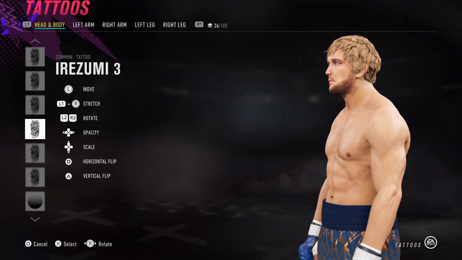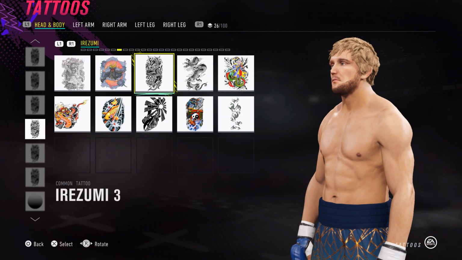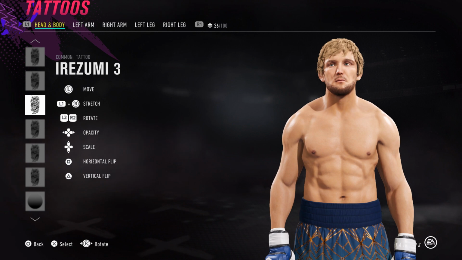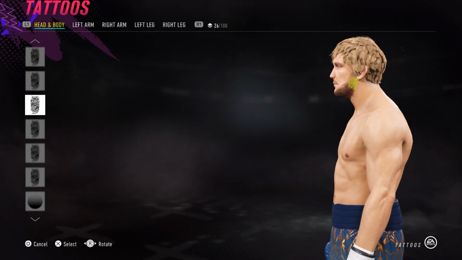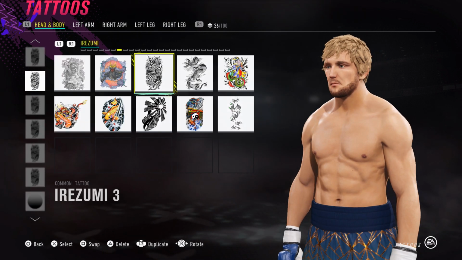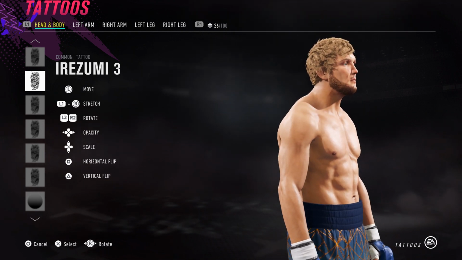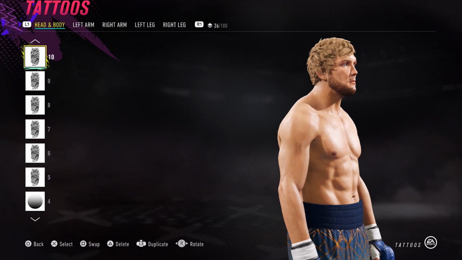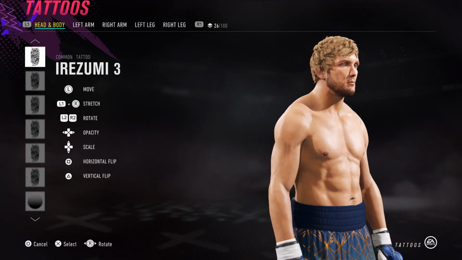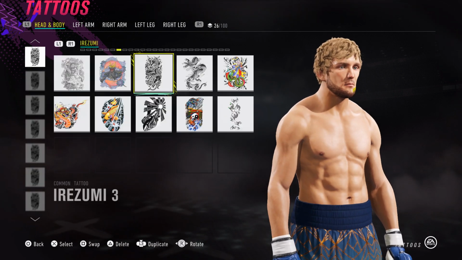And it's really good, this Irizumi 3, because it actually looks a lot like facial hair, so I might start using this on my CAFs as well. It's got a very grainy look to it, and it works really well to fit around the facial hair that is in the game. And then obviously you want to fade it a bit, don't make it too dark, just fade it in a little bit. Same again, I'll put one over here,